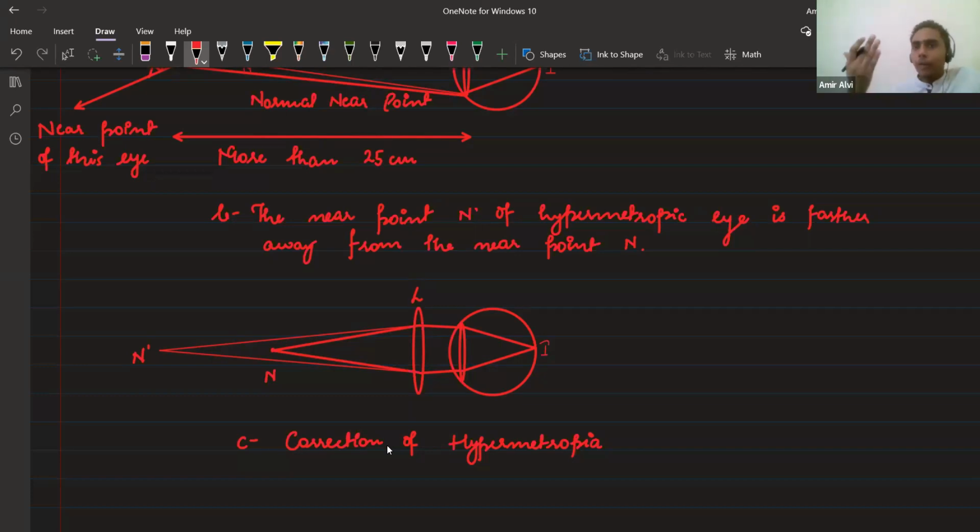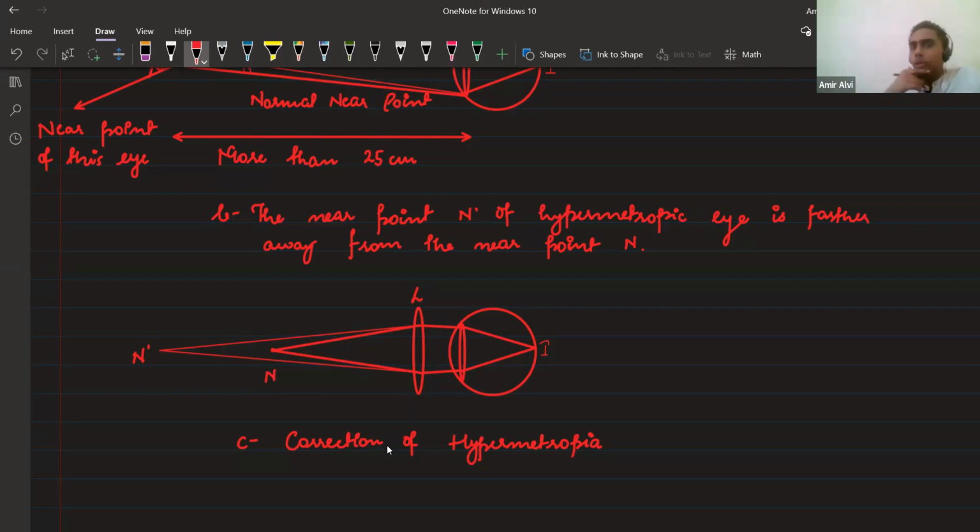Right now I'm drawing with my rough hand, because I don't have access to these tools. But when you draw with a proper scale, it will be much more defined than mine. Okay. But the most important, Harshit, tell me, children. Do we also have to measure with the scale whether it is 25 centimeters or not? No, that's not required. You just take any random distance and mark it as 25 centimeters. That's not required at all. But the scale should be correct so that the image is formed at the correct position. The main thing is that, irrespective of the scale, you don't have to worry about whether it is exactly 25 centimeters or not. Just clearly mention the steps. Okay.